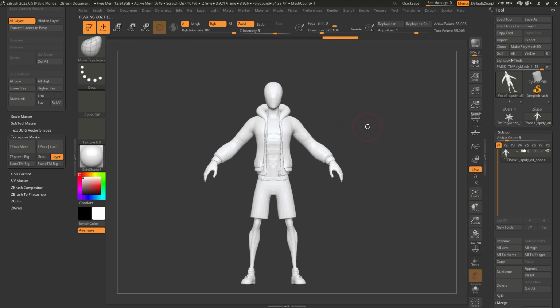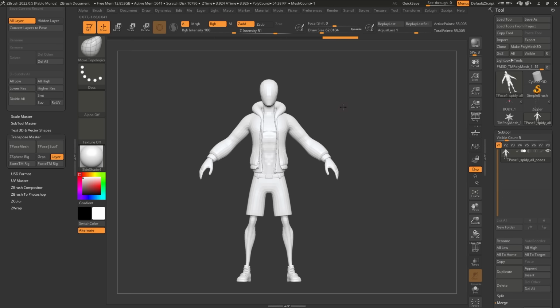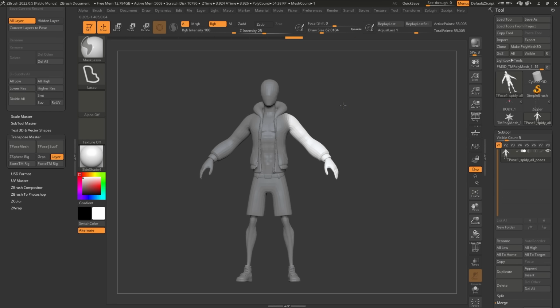You can see this is just a single object that has all my subtools in there, and I can go ahead and spend some time doing a pose. So I'm just gonna do this very, very quickly. I'm gonna hold the Control key, access my masking tools, and let's do the same thing that I did before. Let's create some kind of simple pose. I'm gonna blur the mask as well, just by holding Control and clicking on the mask.